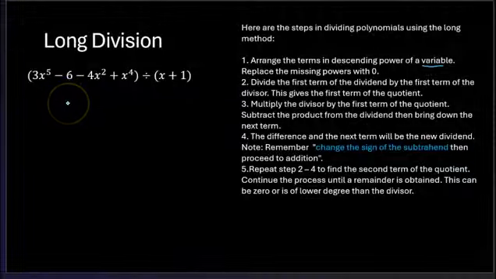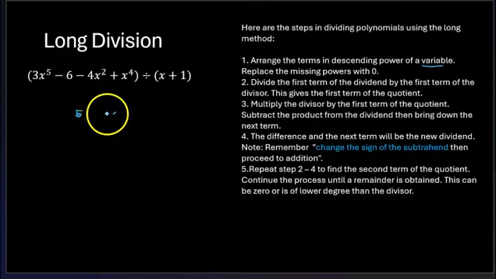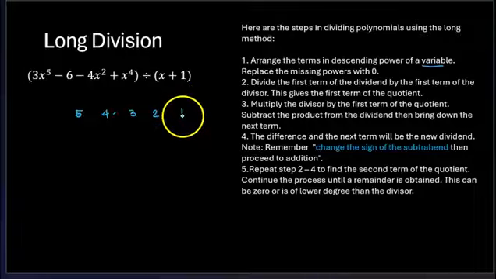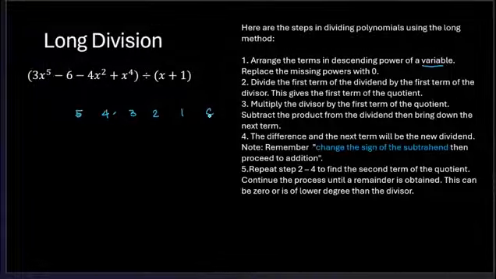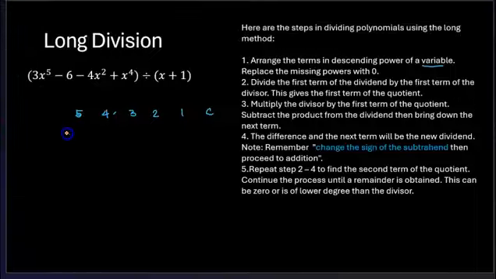That means you would have an exponent of 5, power of 5, 4, and then 3, and then 2, 1, and then a constant. So I'm just writing this down as a guide, but you can skip that. I will be looking for the term with exponent 5. So that's the first one. So that means we're going to have 3x raised to 5 for the first one.